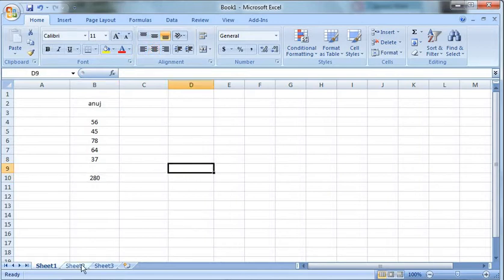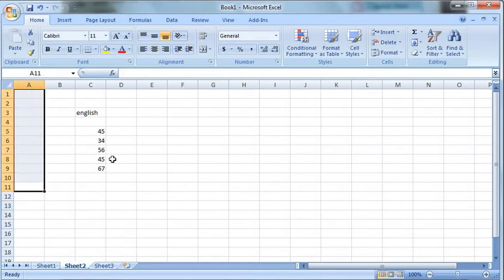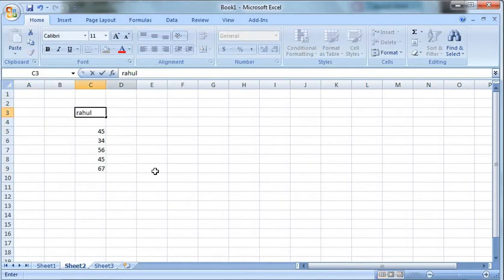Now next, in Sheet 2. In Sheet 2 also, suppose this is the marks of Rahul, or we can write Rajan. It's the marks of Rajan.